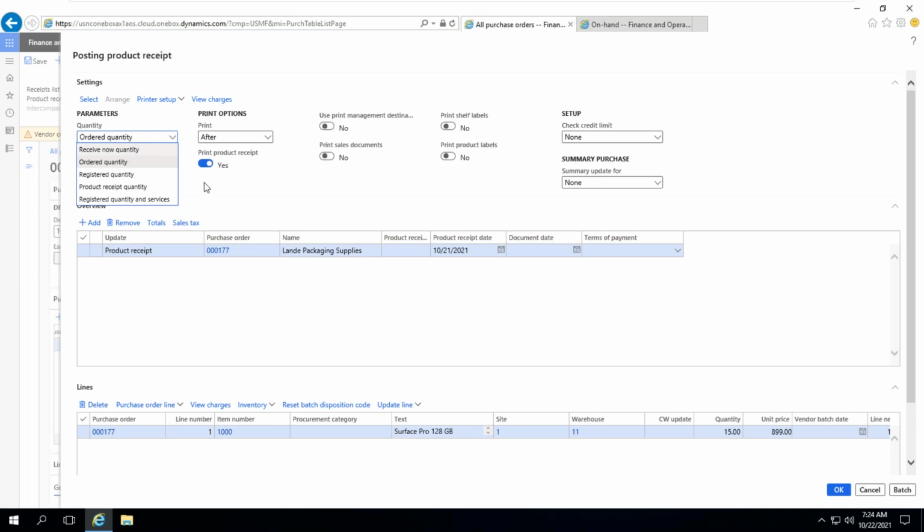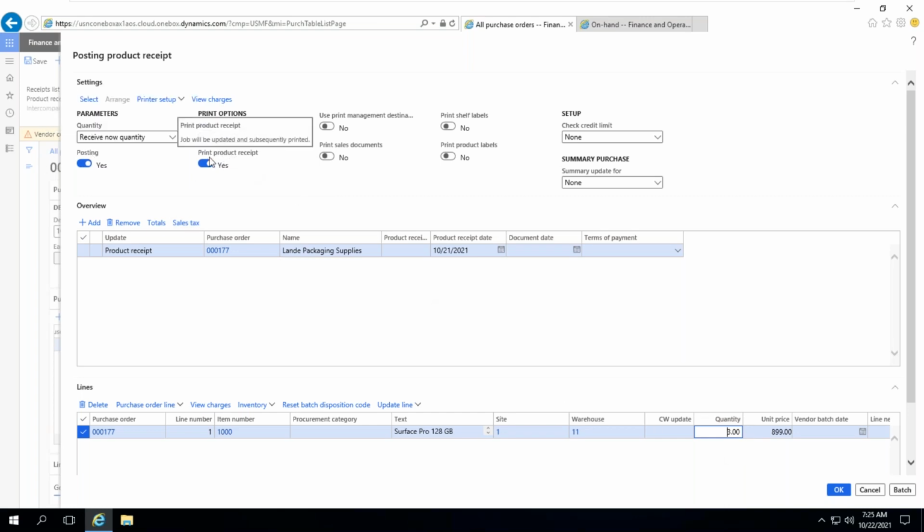If you select receive now quantity, then the quantity will be changed to 3. It is updating. Now it is 3 quantity. Even if you want, you can modify also. Even if it is selected as ordered quantity, you can modify to 3, 5, whatever it may be. Okay, now the receive now quantity I entered there and it is 3.